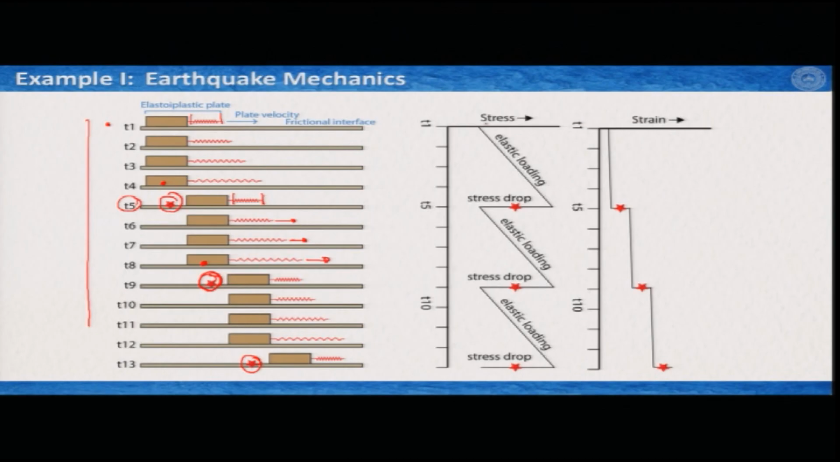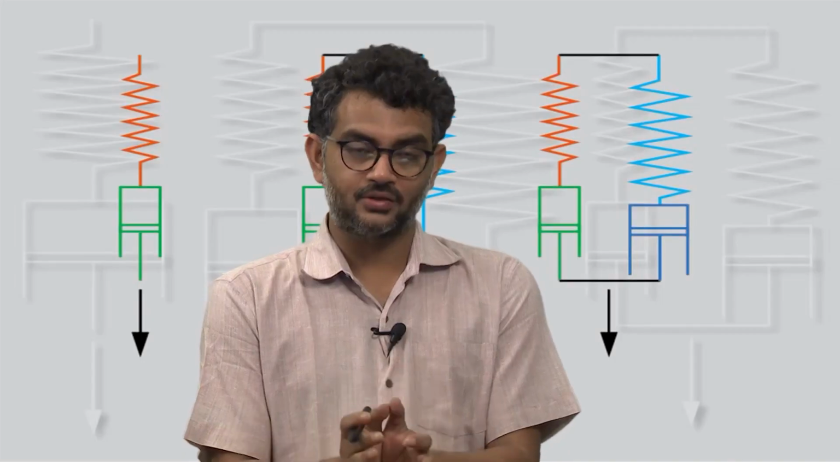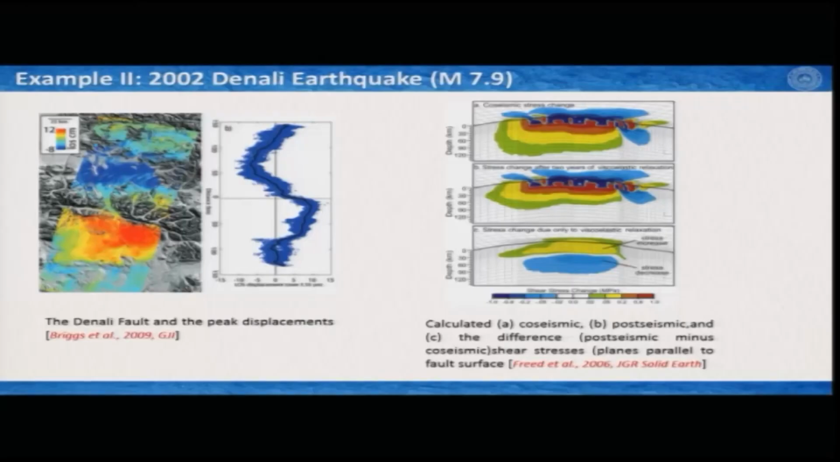So, you can see that you have elastic loading in the stress, and then at T5 you have a stress drop because the spring comes back, then you have again elastic loading, you have a stress drop, and each stress drop is characterized by an earthquake. So, this is a very simple model, but one can understand the earthquake mechanics using a very simple combined elastoplastic rheology. Let us have a second